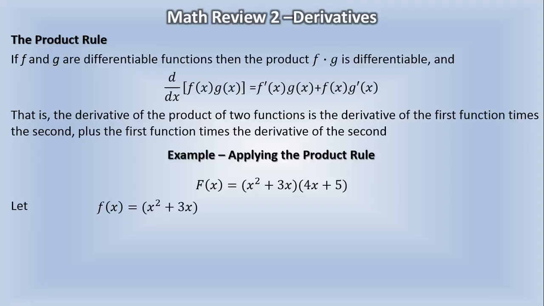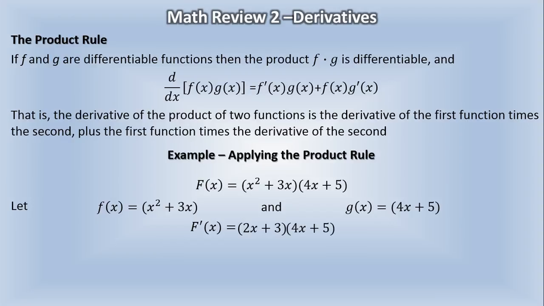So in this case, f of x is the first one and g of x is the second one. So the derivative of the entire product of these functions is equal to the derivative of the first function, which is 2x plus 3x. So then you've got 3 times x, right? x raised to the first power, multiply the whole thing by 1. Then you have x raised to the first power minus 1. So you have x raised to the 0 power, which is equal to 1. So you're just left with 3. So 2x plus 3